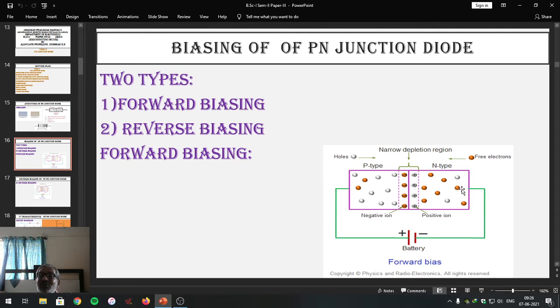Thus, the electrons move from the N region, enter the P region and travel towards the positive terminal. Whereas holes move from the P region, enter the N region and move towards the negative terminal of the battery. Physically, in a conducting wire, only electrons are responsible for carrying the current. Within the PN junction diode, both electrons and holes carry the current.